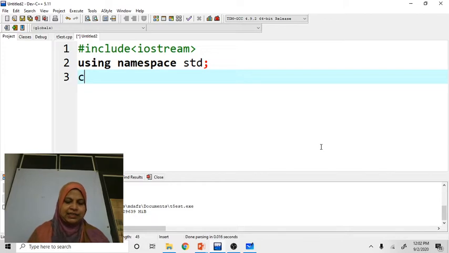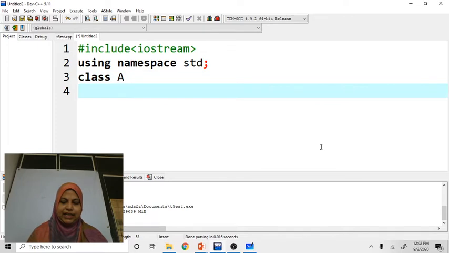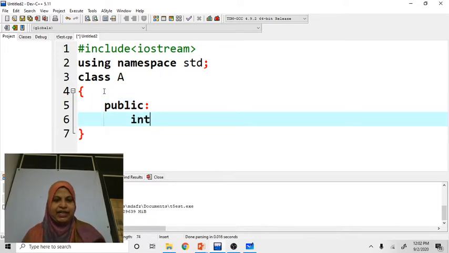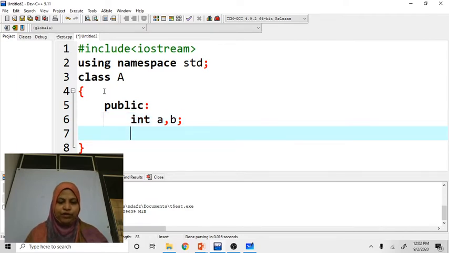Class A. In class A, I am going to use the public access specifier. Here I am going to define int a comma b, and one more function, void add.